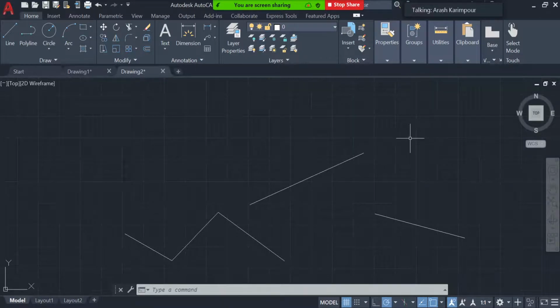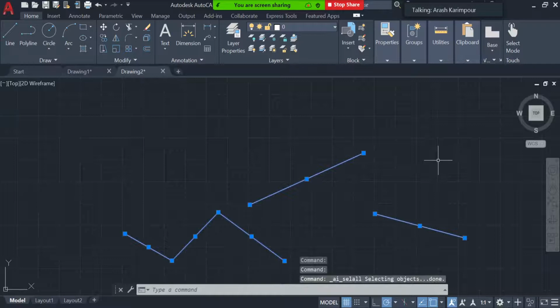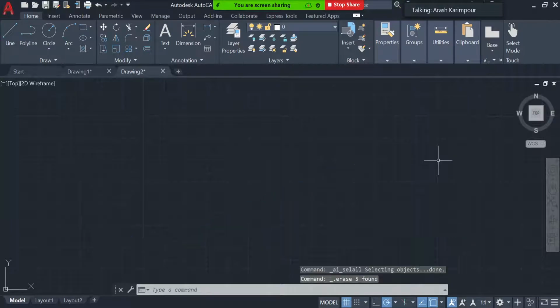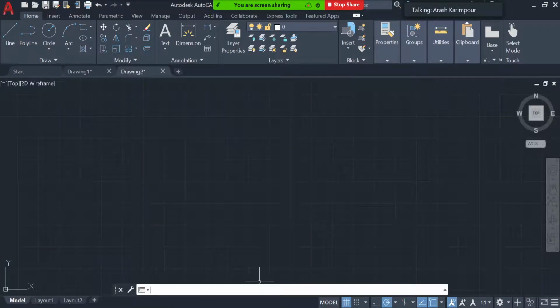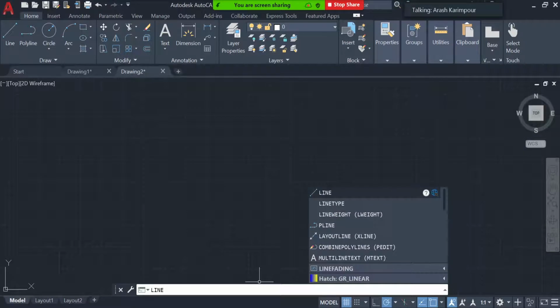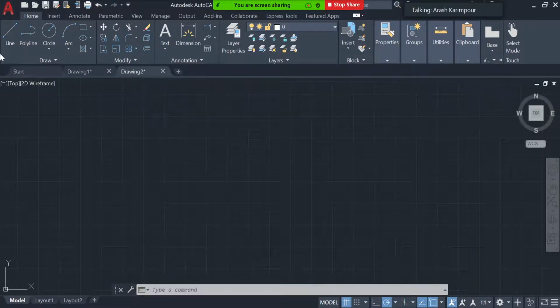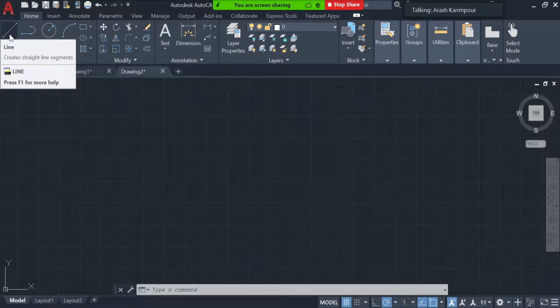So just to clean the canvas, I press Control A to select everything and press delete, so it deletes everything for me. So before I go to the next step, this is using the line command. Another way we can draw the line is to come here in the command window and just type line. As I said, most of the commands that you use have an icon here. We have the command for that as the line command. If you hover your mouse on top of that